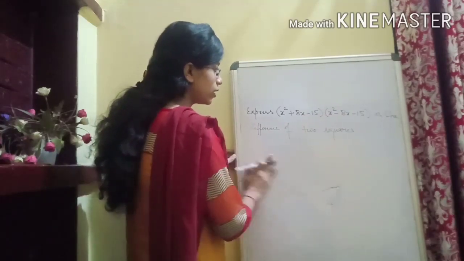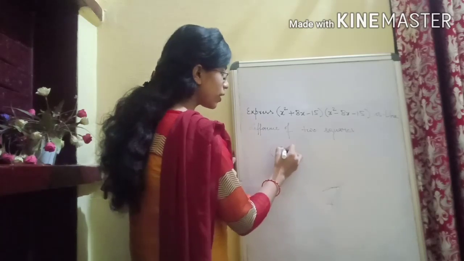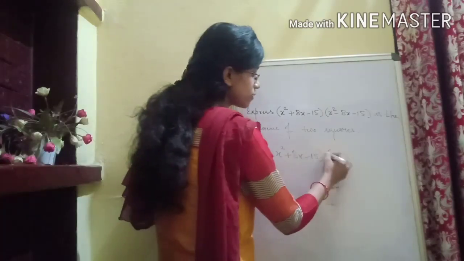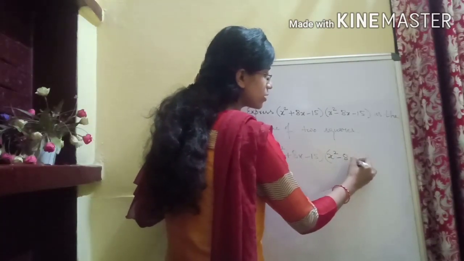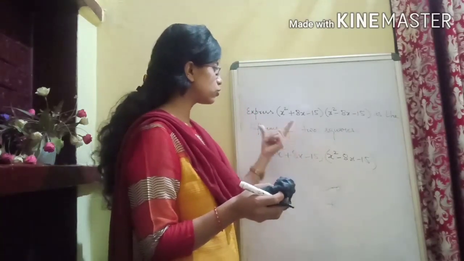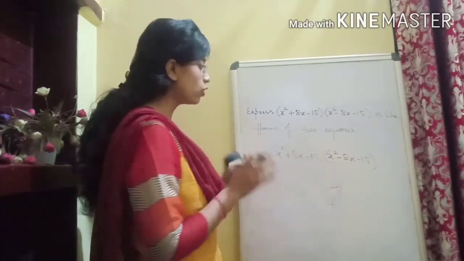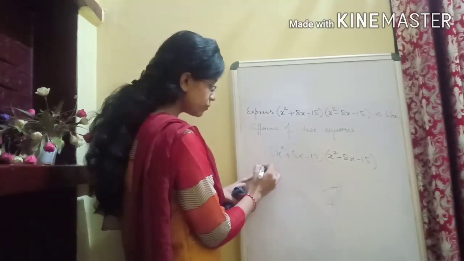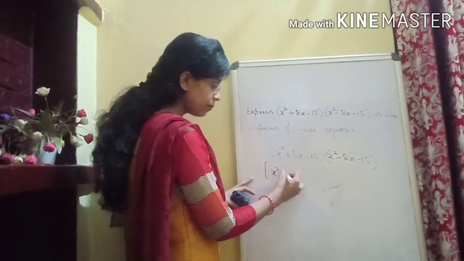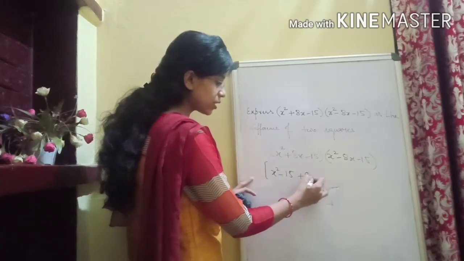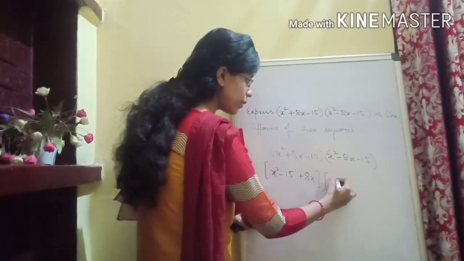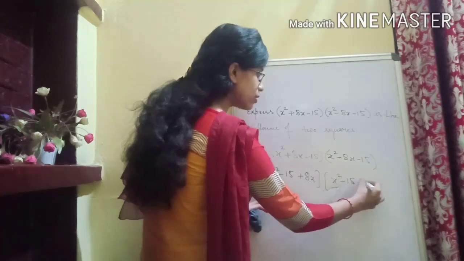Okay. So now let us take these two terms, which are x square plus 8x minus 15 and x square minus 8x minus 15. So this is our expression which they have given us, and they are asking us to write it as a difference of two squares. Now see, first I am rearranging the terms. What I am doing here is writing this minus 15 with x square. So x square minus 15 and then plus 8x. First bracket we have rearranged. Now in the second bracket again I am taking this minus 15 with x square and this minus 8x.